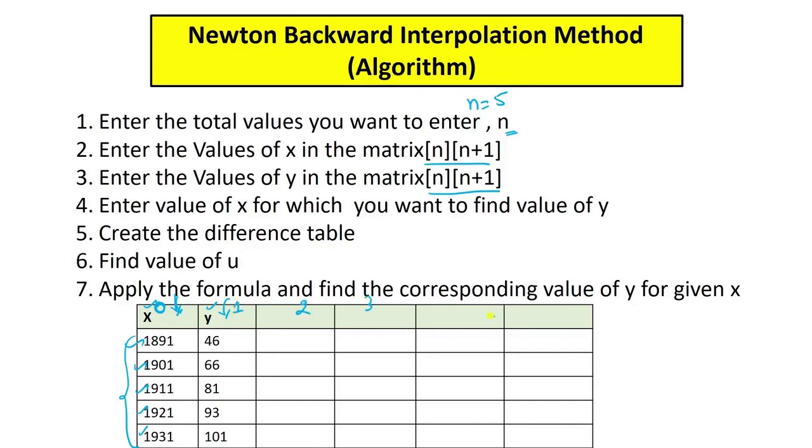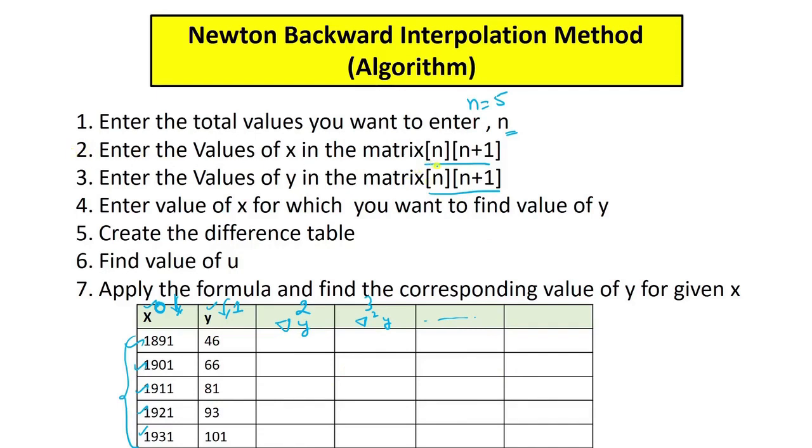This is the second, third, fourth, and so on. In the zeroth column, I will save all these values of x. In the first column, I will take all the values of y. In the second column, I will calculate the difference. Here, I will calculate the next difference. The same way, I will store all the differences in the various columns of this matrix. So the matrix will club together all these values of the differences in just a single table.